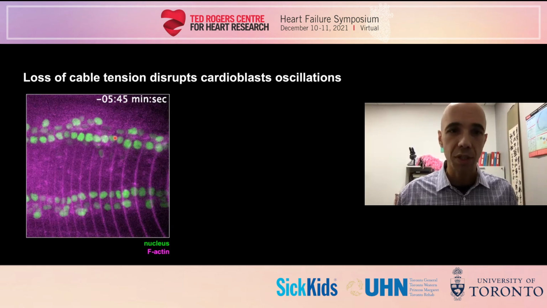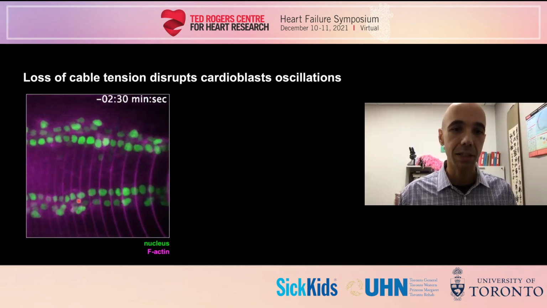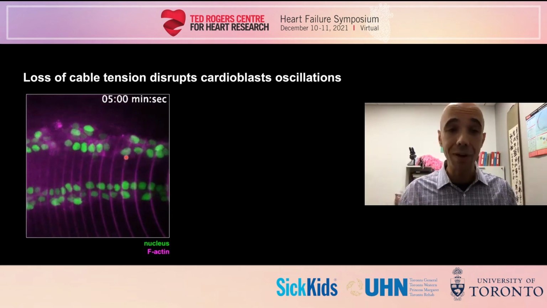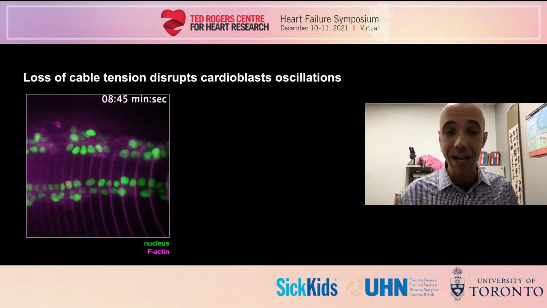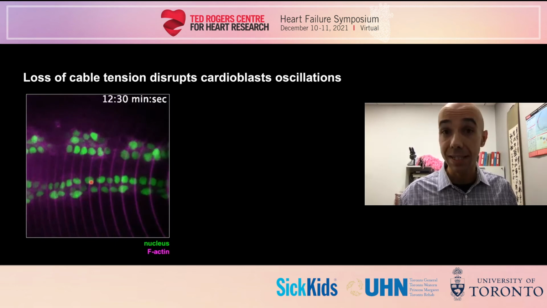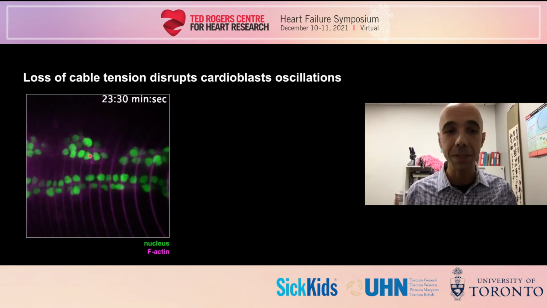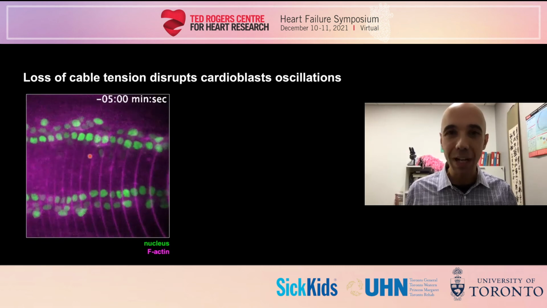So the experiment goes as follows. We let the cells start their migration, and we cut at 2 spots. So you can see the recoil, the relaxation of tension. The contralateral side remains intact, so we can use that as a control. And then we can measure the oscillatory motion of cardioblasts on either side and compare what happens. And perhaps watching the movie is already giving you hints about what's going on, but I'll show you the quantification